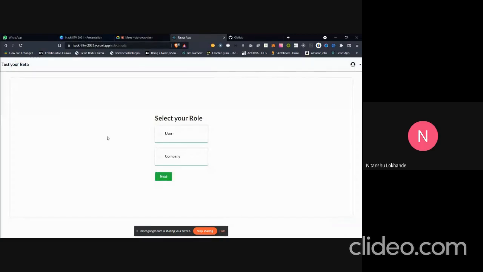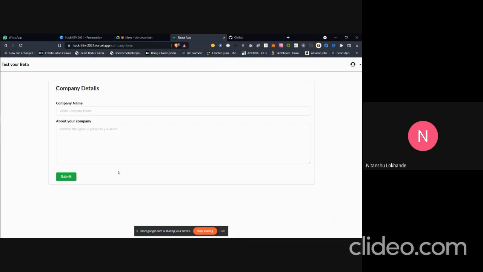So basically, we had built a decentralized application which is known as Casio Beta. This particular application has multiple roles. Let's start with the first role, which is the company role. First, we select company and click on next. We need to enter the company name. Let's write a sample company name in it,